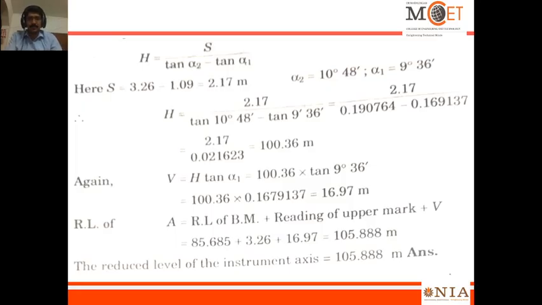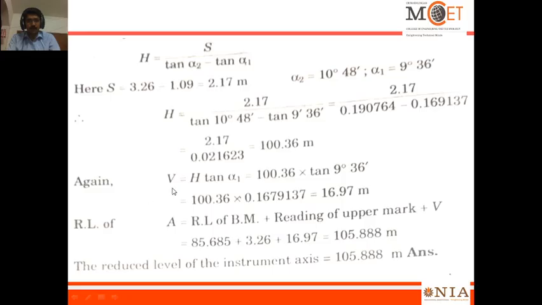Here S is the difference between the two readings, 3.26 minus 1.09, which is 2.17 meter, and alpha 2 and alpha 1 are given. H is equal to S, you can substitute 2.17, alpha 2 is 10 degree 48 minutes and alpha 1 is 9 degree 36 minutes. So from that you will obtain the value of H as 100.36 meter,